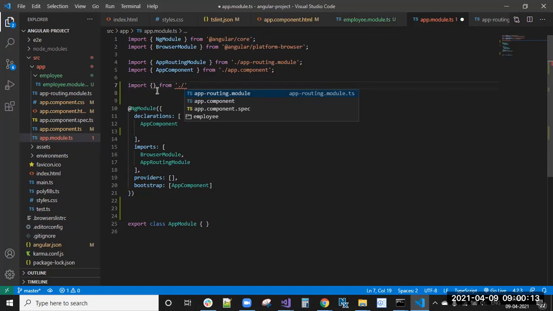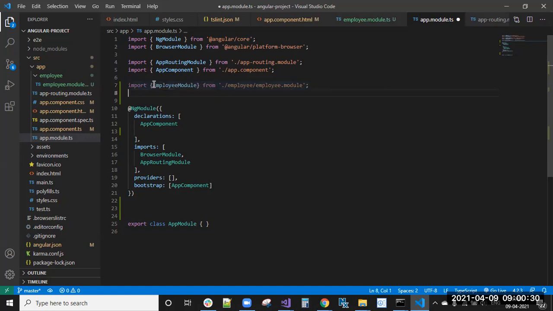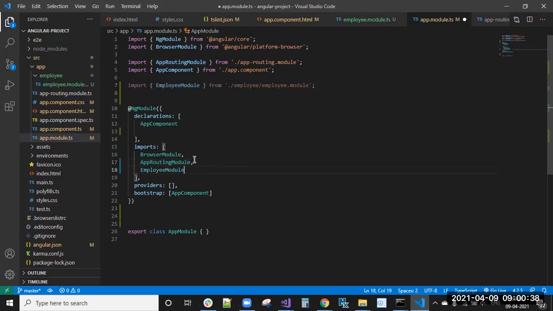First, what you need to do is import like this, and here come to employee and slash employee.module. Then press control shift, and it will give you the module name, EmployeeModule. Give spaces on both sides. On this, you can give the employee module reference here. Okay, done.